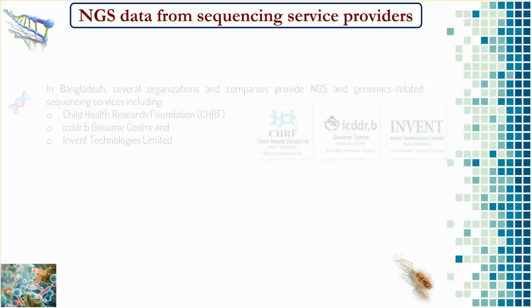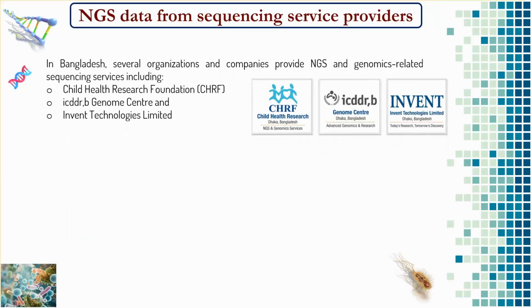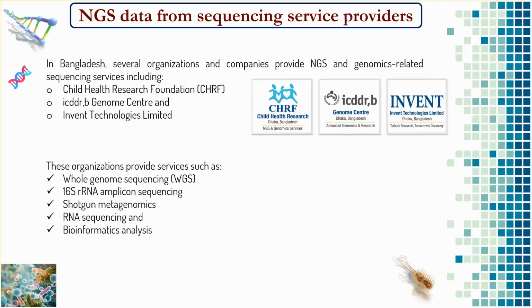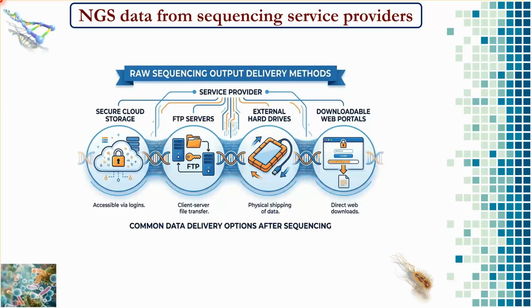In Bangladesh, several organizations and companies provide NGS and genomics related sequencing services, including Child Health Research Foundation or CHRF, ICDDRB Genome Center, and Invent Technologies Limited. These organizations provide services such as whole genome sequencing or WGS, 16S rRNA amplicon sequencing, shotgun metagenomics, RNA sequencing, and bioinformatics analysis. After sequencing, the service provider generally supplies the raw sequencing output through secure cloud storage, FTP servers, external